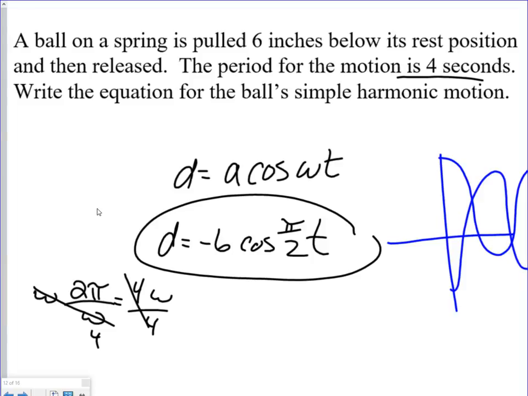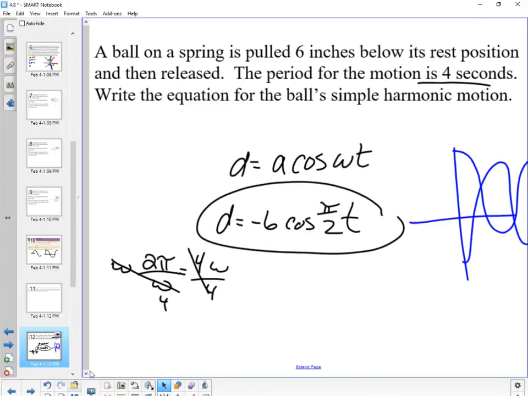If we would have done sine, that means that the ball would have been at its resting point, so it would have started at 0. That's the one that starts at 0, right? I thought this was going to be a lot harder than that. No, it's just formulas. You know the formulas, you plug stuff in. Alright, I'm going to end this, and I do want to show you